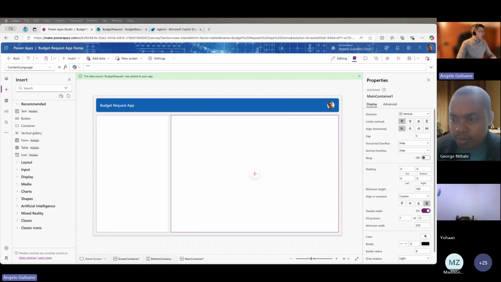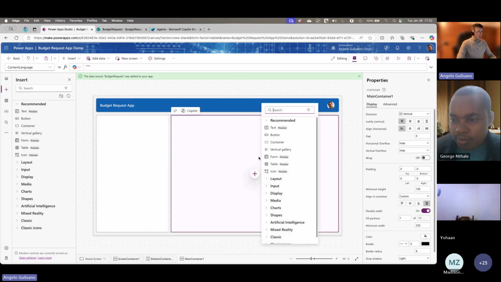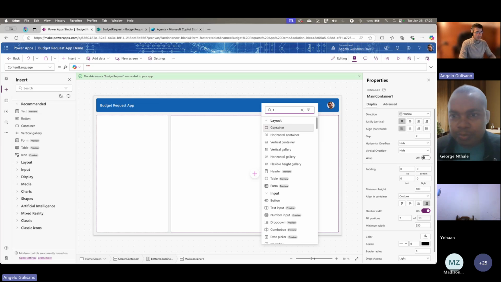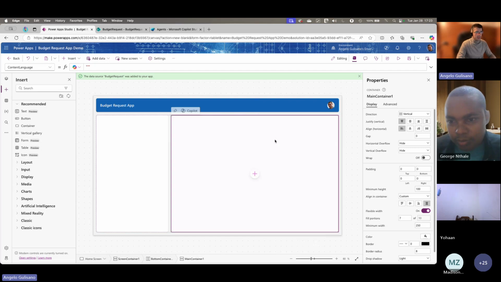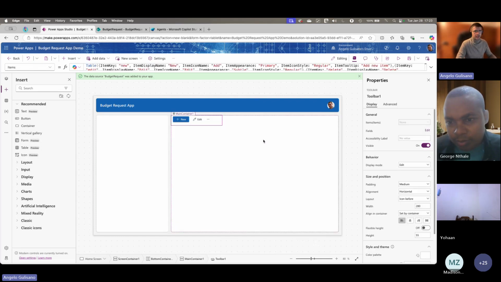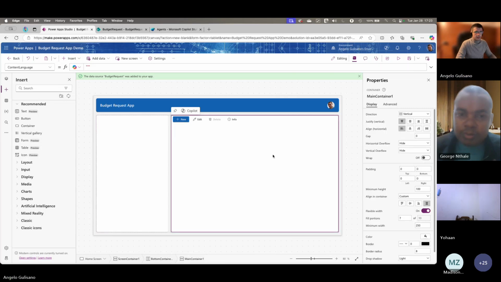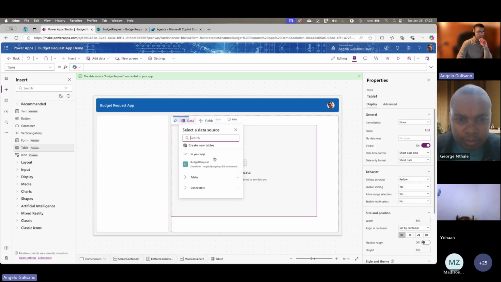And then we can also add the toolbar to allow the user to create or edit or delete selected record. So first of all, I'm going to add the toolbar, which is a new component in preview, but we can try to use it. And then I'm going to drag and drop, as you can see, our table here.